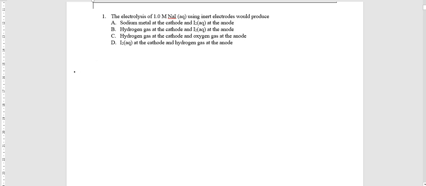Okay, let's start with question 1. The electrolysis of 1.0 molar of sodium iodide, aq, using inert electrodes would produce. So this is a classic electrolysis question. You are given the solution. You know that the electrodes are inert, so they are not going to interfere with your reaction at all. And you need to predict what is going to be produced. So if you need to predict the product,